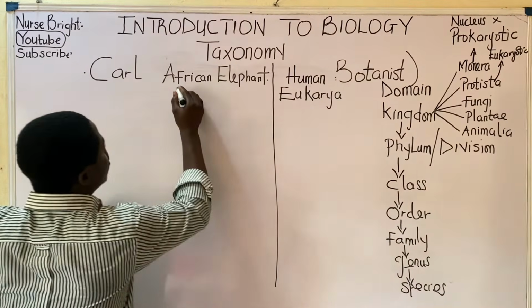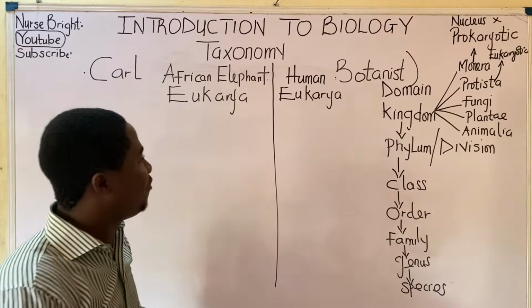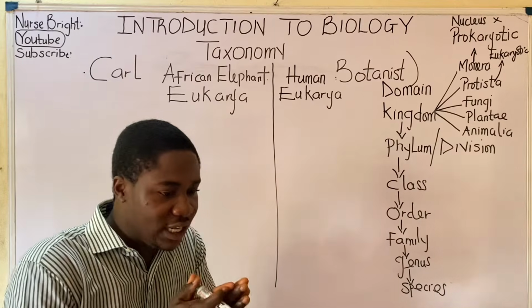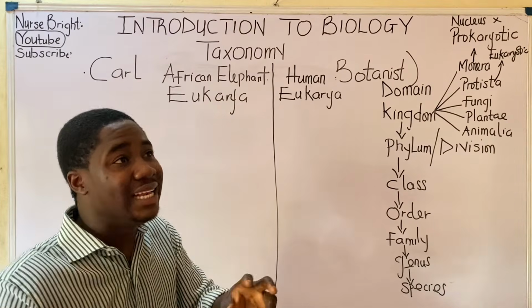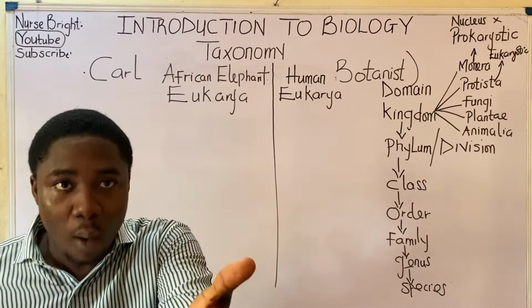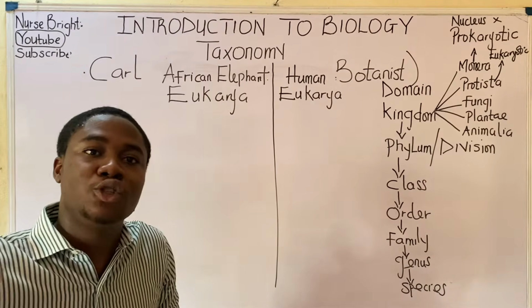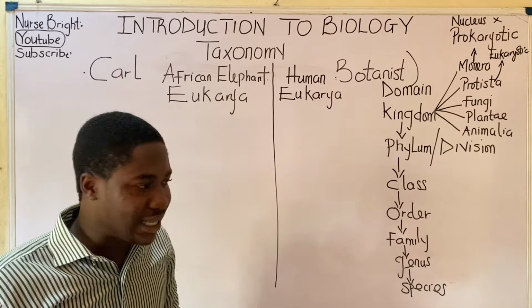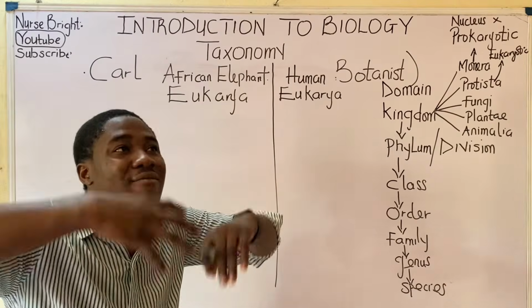Both of them belong to the group Eukarya. For an organism to be eukaryotic, it must be complex. In the human body, we have about 37 trillion cells. Like humans, we are very complex. The same applies to elephants. We have a lot of